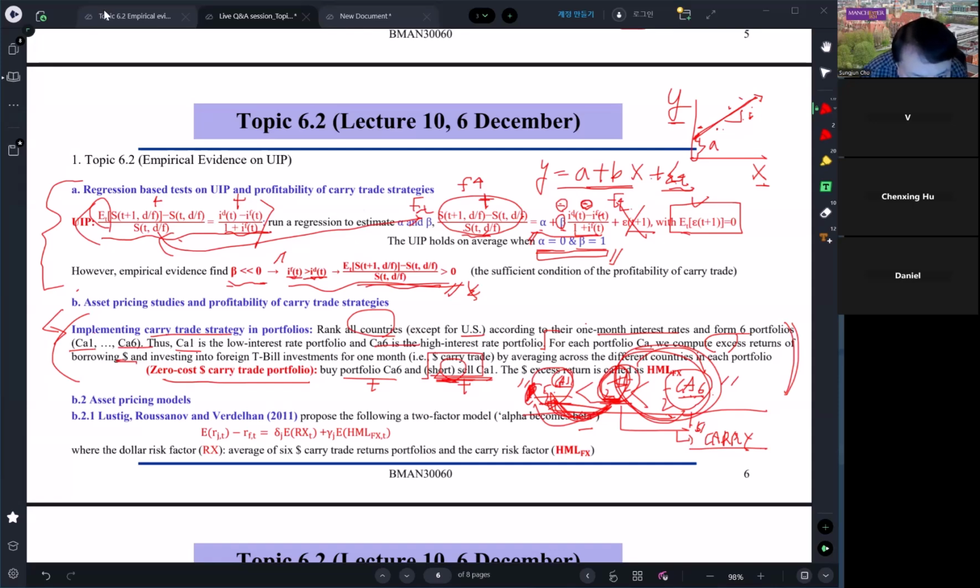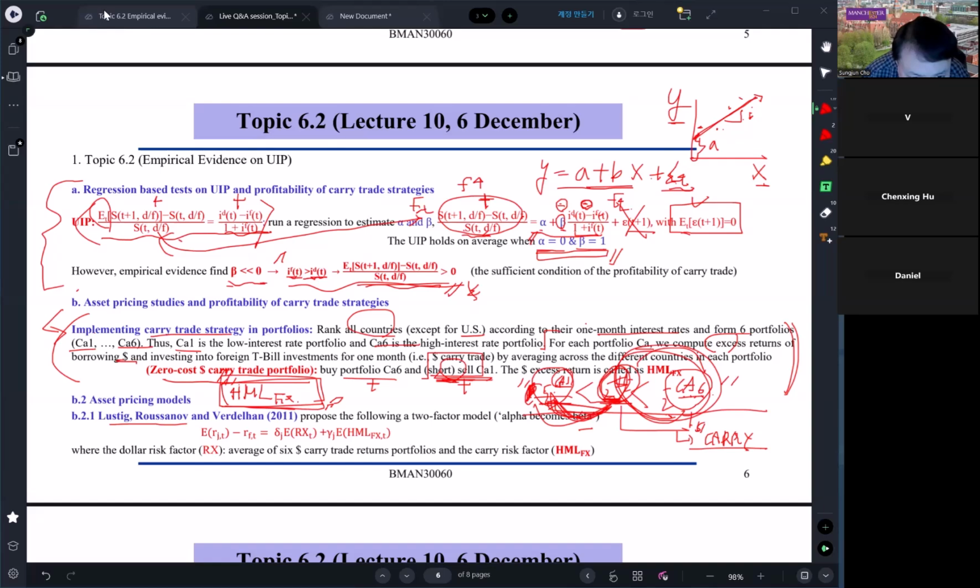Now, after you implement carry trade strategies, the zero cost dollar carry trade portfolio, we're gonna express that as the high minus low in FX market. So HML FX is the excess return from implementing zero cost dollar carry trade portfolio. Now, it turns out it's really difficult to explain this one as a risk premium using well-known asset pricing models in equity market. So three other papers